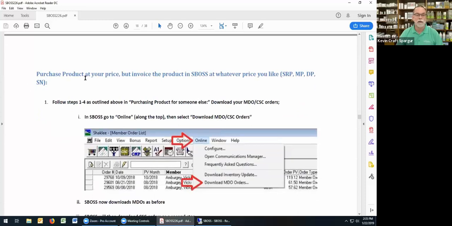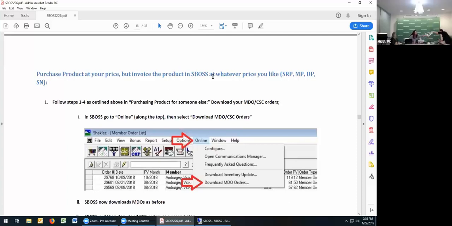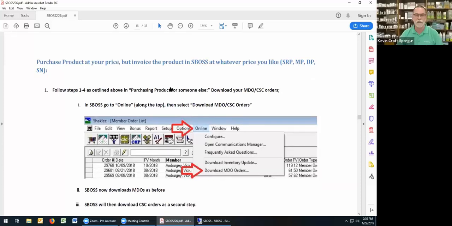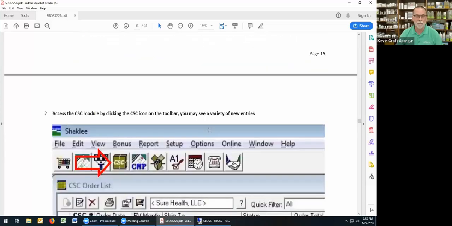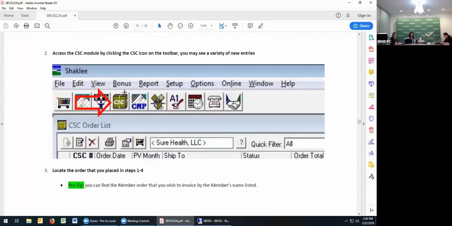What if you purchase the product at your price, but you want to invoice that product in SBOSS at whatever price you like? So SRP, MN, DP, SN, whatever your pricing happens to be. You still go in and purchase product for someone else, and you download your orders. That's the same as before. Now what you do is you come into your CSC,